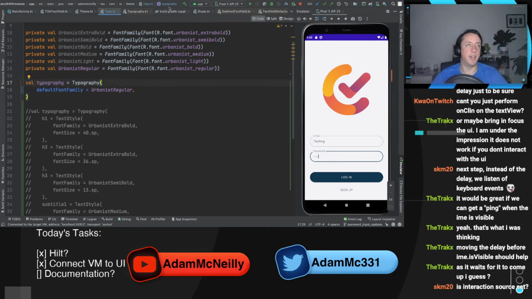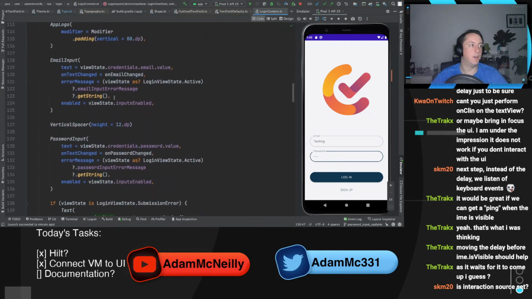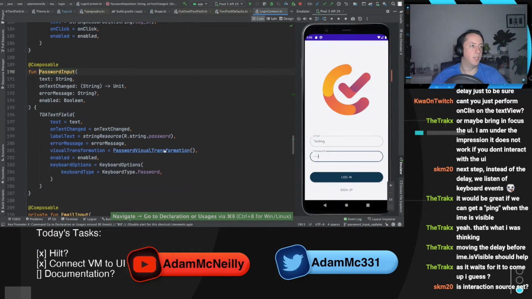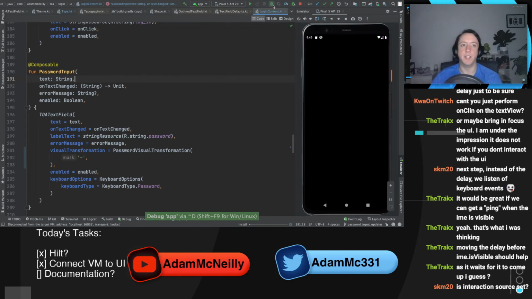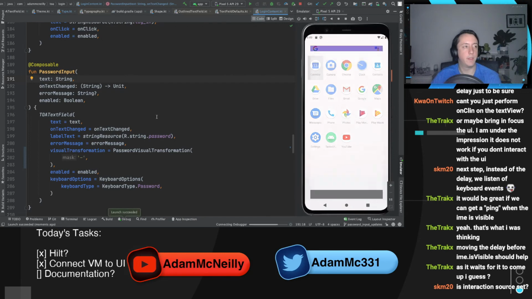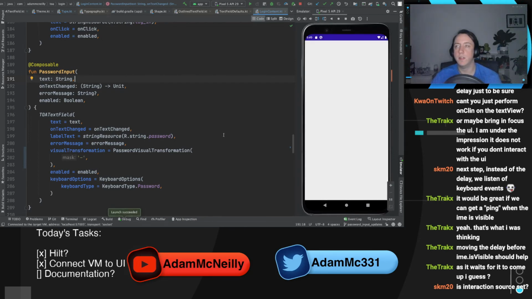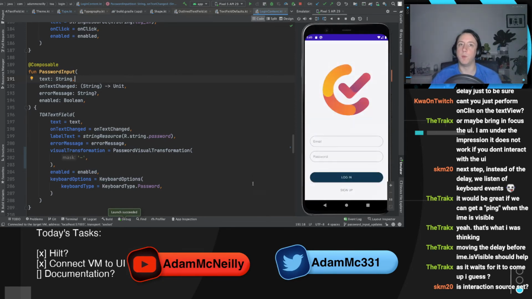What if we didn't use the dots? What I mean by that is, over in our login content where we create the password input, password visual transformation takes a char value for what to replace them with. So what if we did a hyphen? Would that show up better than an asterisk? Let's find out. And then we'd still have that sort of privacy. It wouldn't be what we're used to seeing, but